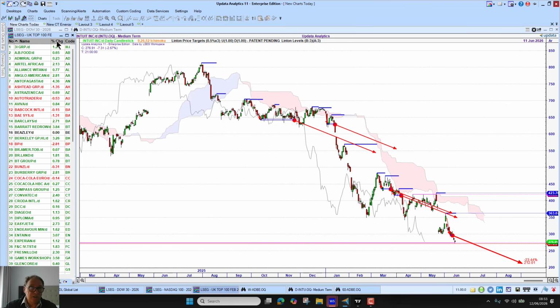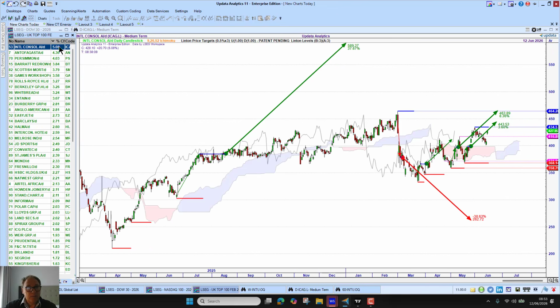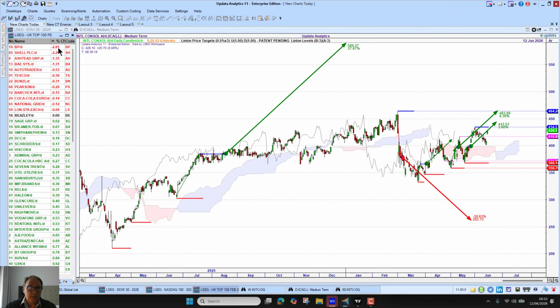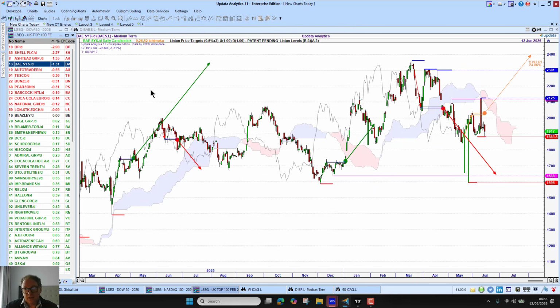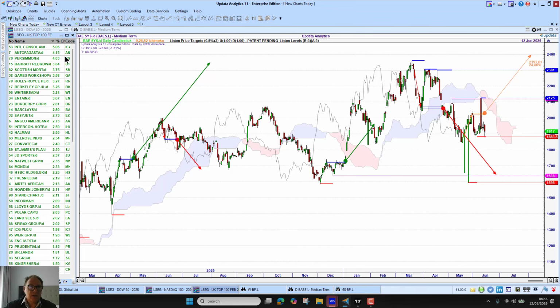Last of all, a look at the FTSE. We're mostly up today. It's really interesting when you look at the number of fallers. It's BP and Shell on that weaker oil price. No big surprises there. And moving back below the cloud. BAE Systems, obviously defence in the news in the UK at the moment. But if we look at the leading stocks, ironically,